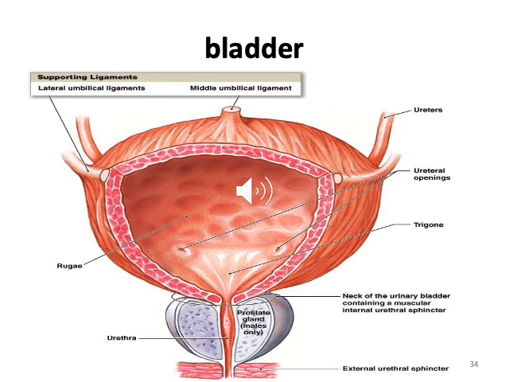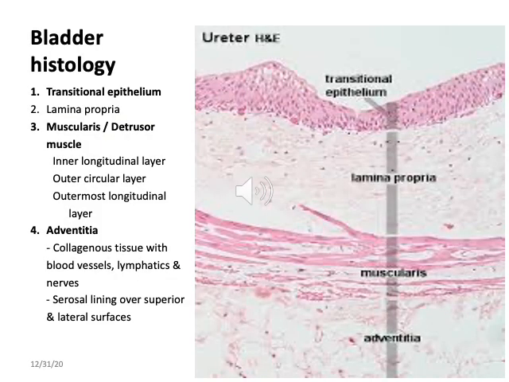Let's discuss the histological appearance of the bladder. The microscopic structure of the urinary bladder wall is organized into lining epithelium, lamina propria, muscularis propria, and the adventitia. The lining epithelium of the urinary bladder is also called urothelium or transitional epithelium, and the lamina propria is the suburothelial layer separating the urothelium and the underlying muscularis propria.